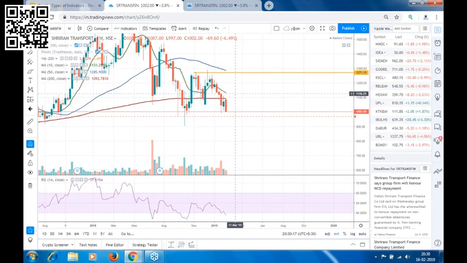Or suppose you check the 1 hour, 4 hour time frame, and you are trading on a 15 minutes time frame for intraday, and if there is a support just below your entry point for a short trade, then how can you expect the stock to break that higher time frame support? Because you are using a lower time frame for your entry point. So we are looking for a stock where we can take entry, and where there is no major hurdle, no major barrier once we enter the stock, so that we can get a good movement in the stock.